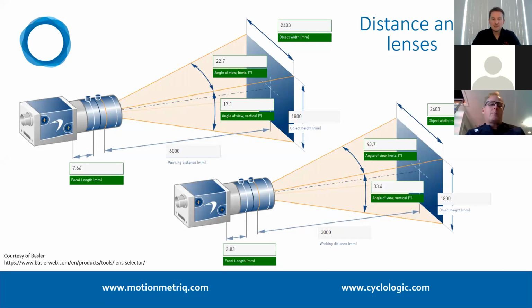but it's just so that we can get the height required to look at both feet and head in the same image. Now with that wall slider, we could actually decrease this quite significantly, and then we'd be able to decrease the distance to the rider as well without introducing that parallax effect. But one of the reasons I wanted to put this slide on there was, if you look here at the top diagram where we've got a 6 meter distance between the camera and the rider, even when you get to the edges of that capture area, you're still only seeing a viewing angle of 22.7 or 17.1,